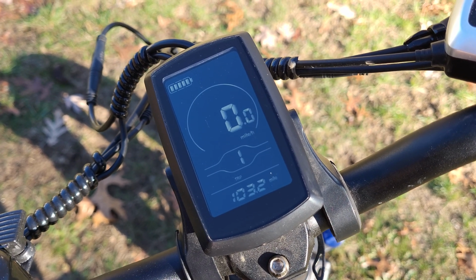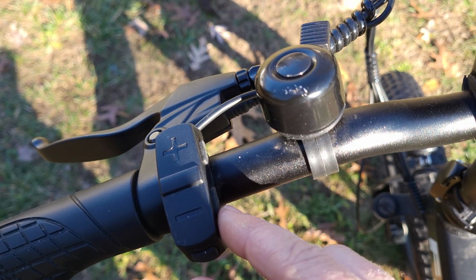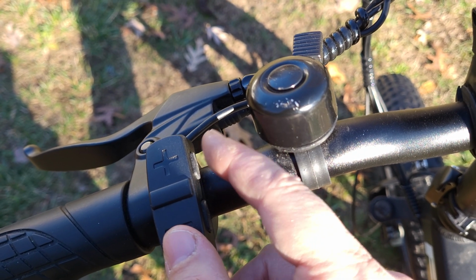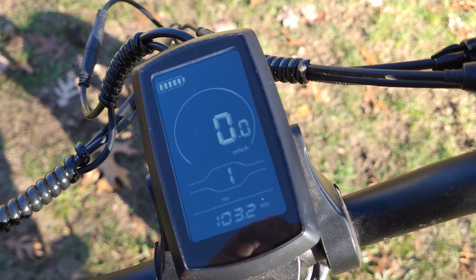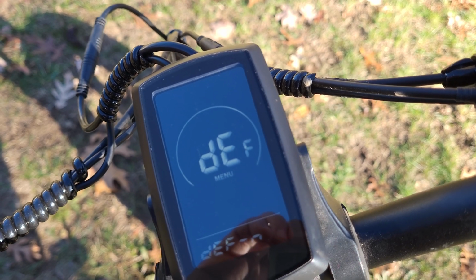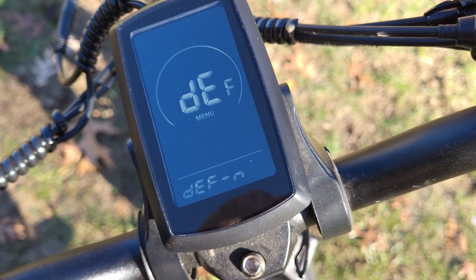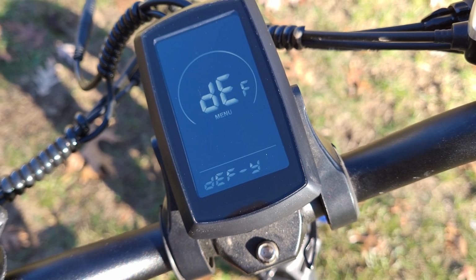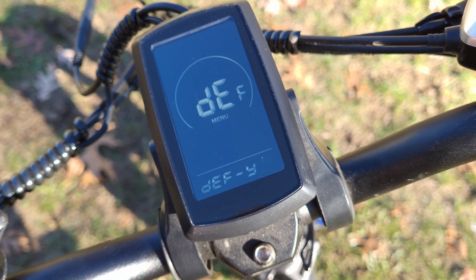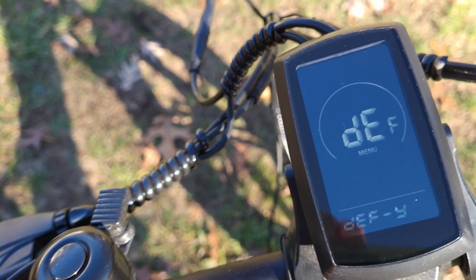There's a lot of stuff you can do in here. So if you did mess something up, you can come in here and you just hold down the minus button and the I button. You hold that down and then you'll see it go to default. In for no, or you push the up thing for yes. So if you want to switch it back to the factory defaults, all you do is then click the I